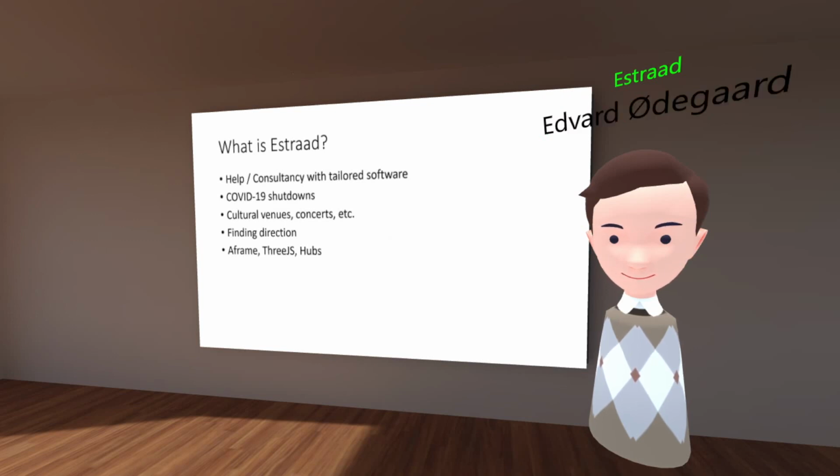And then we found Mozilla Hubs and Hubs Cloud, and a lot of the things we wanted to do were already in place. So we decided to go for that.